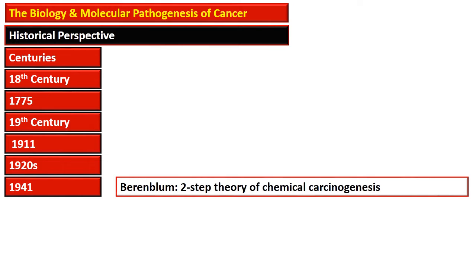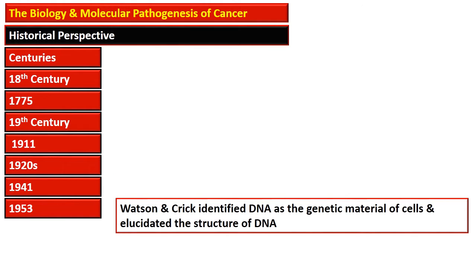In 1941, Berenblum proposed a two-step theory of chemical carcinogenesis, and 1953 was the era which changed things, and